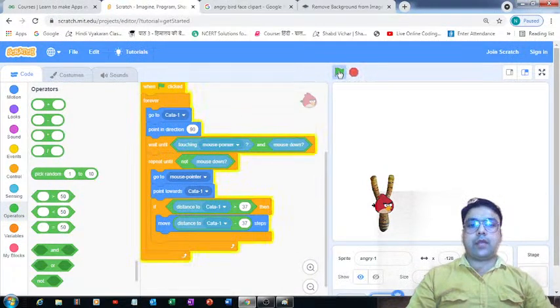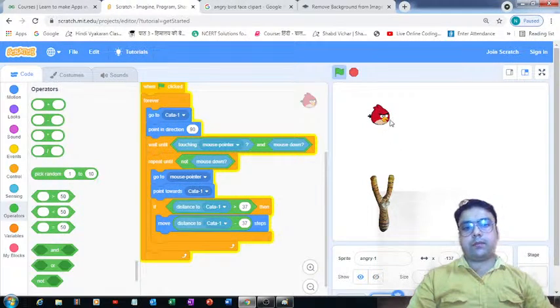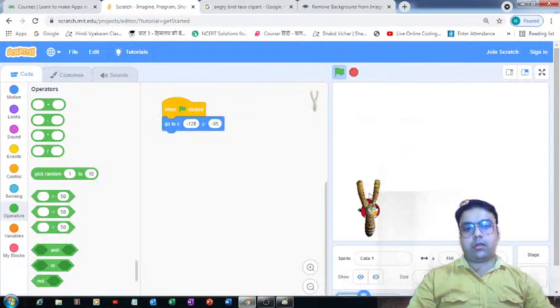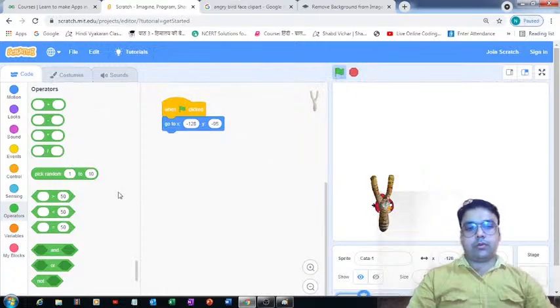If I hit this flag button, and if I put this Angry Bird over here, it will come back. It is going back. Yes. So this code is also working perfectly fine.